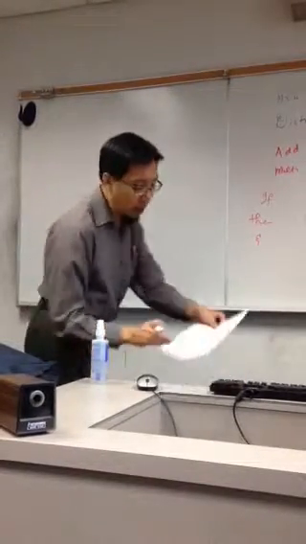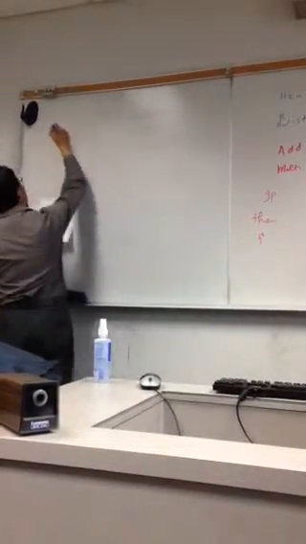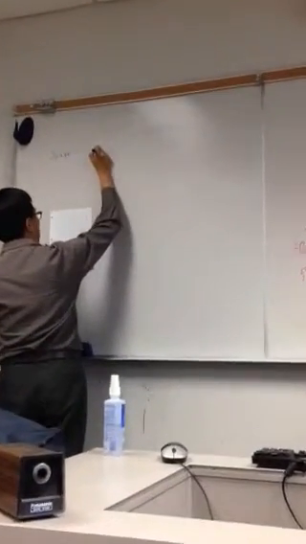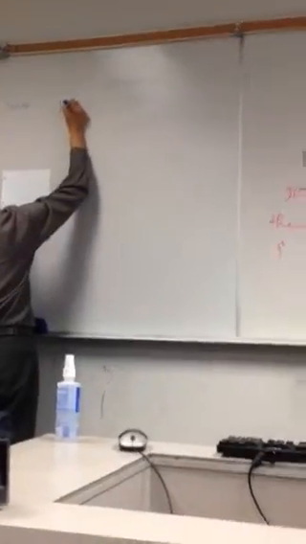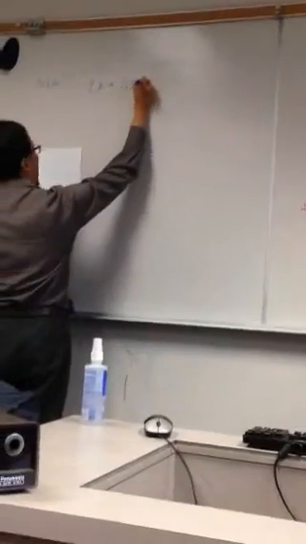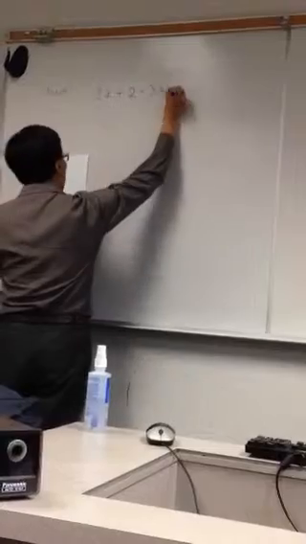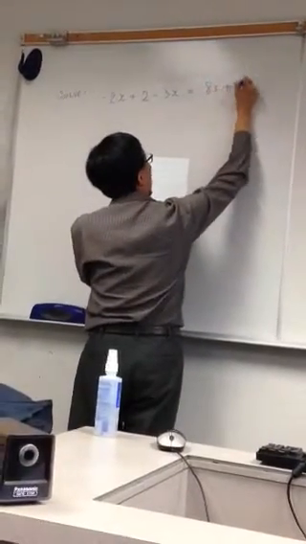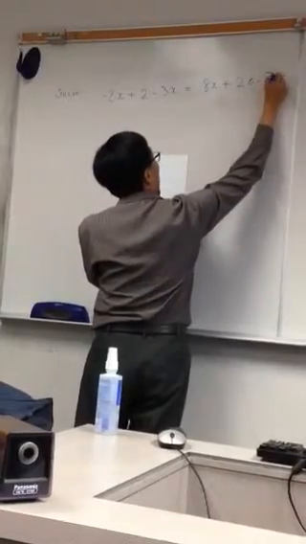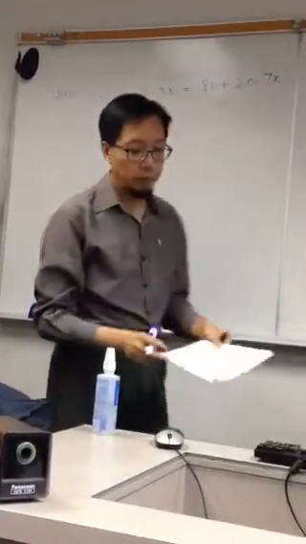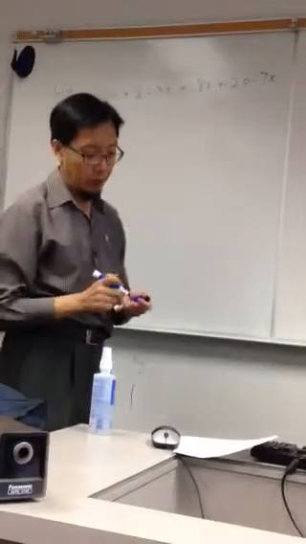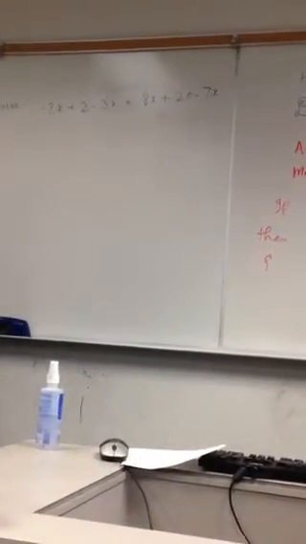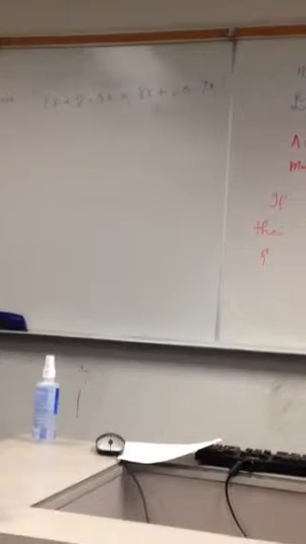How about we have the following? We're going to ask you to solve this question: negative 2x plus 2 minus 3x equals 8x plus 20 minus 7x. Now, finish copying it, or copy it at the same time, and I'm going to